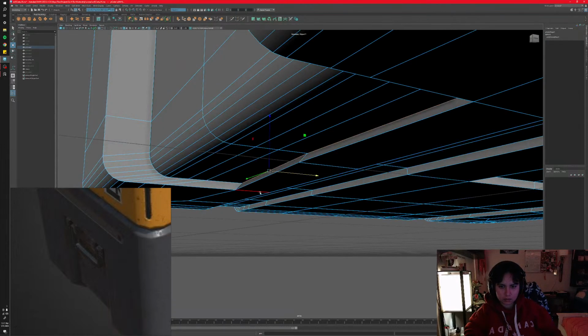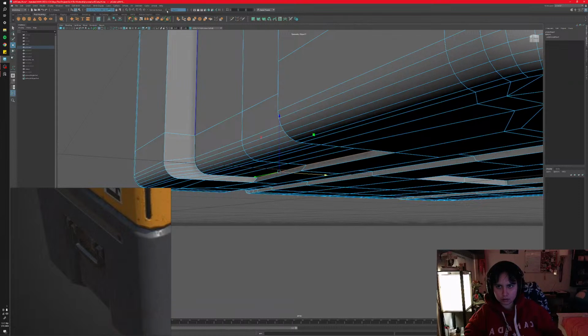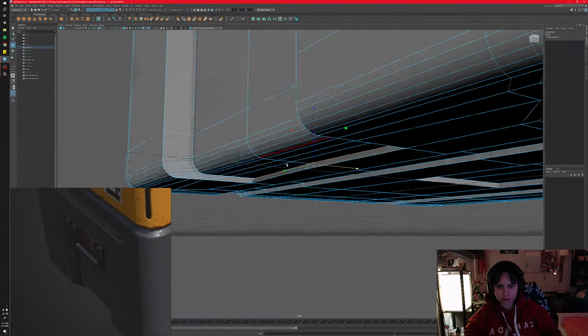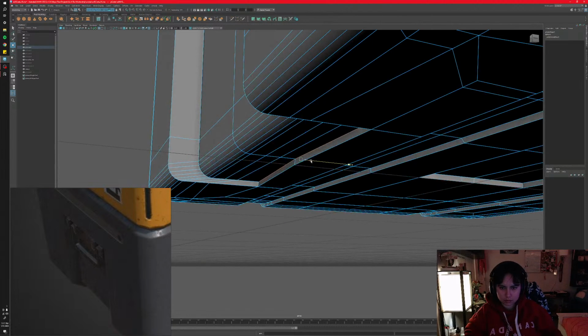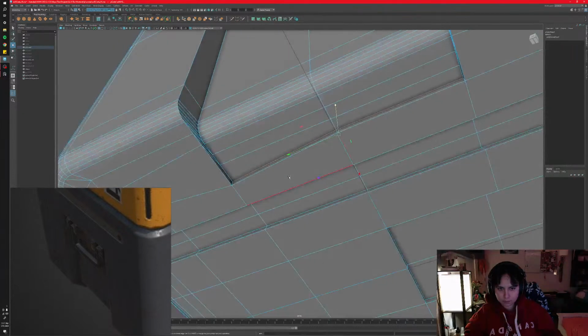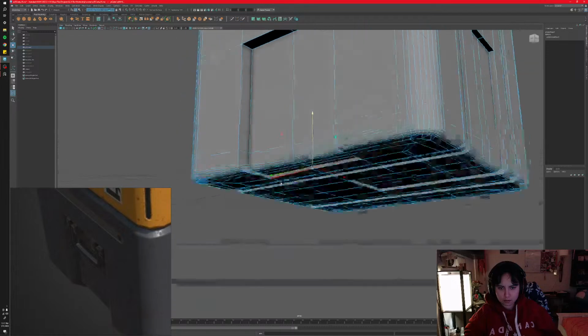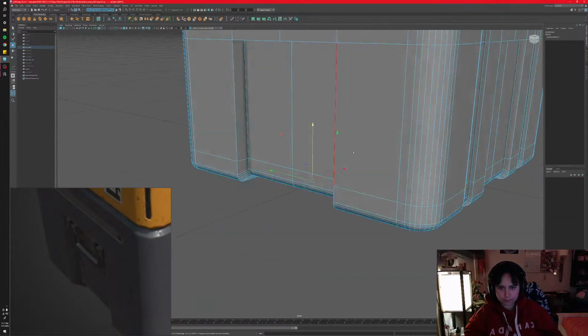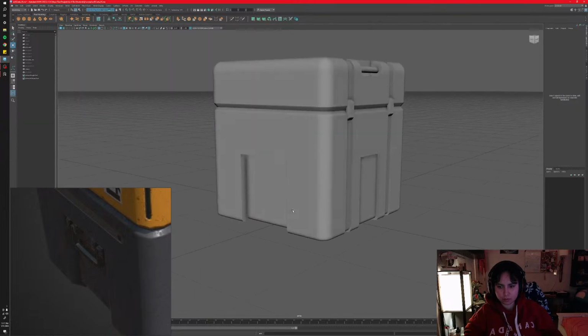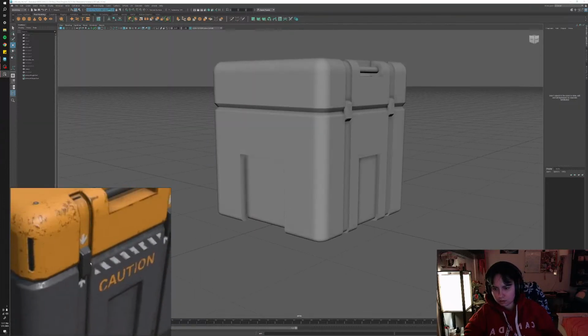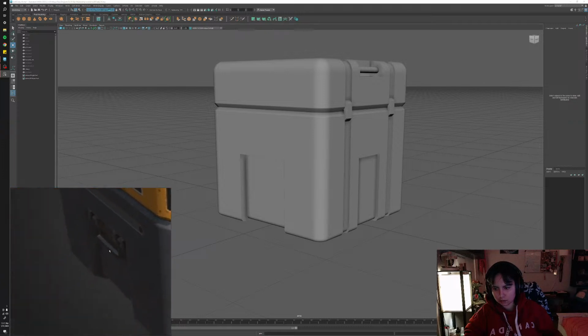Okay, for whatever reason, the symmetry isn't working, so I'm gonna turn it off. Okay, and for whatever reason, it's also doing that, so I'm just gonna do this. Okay, that's good enough for me. Okay, cool. Okay, just making sure I got everything. Okay, so for this thing,